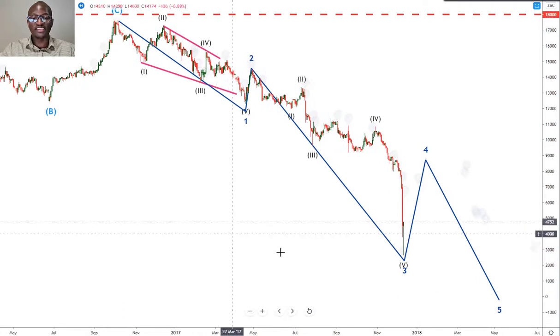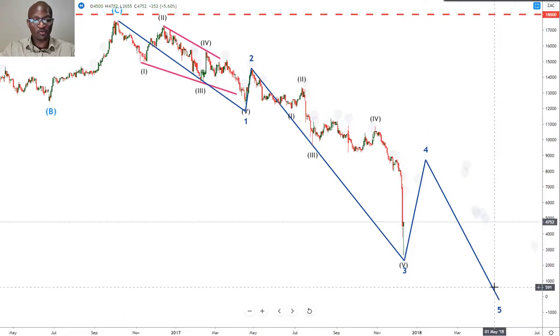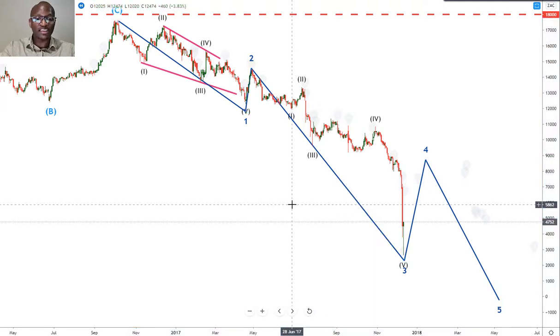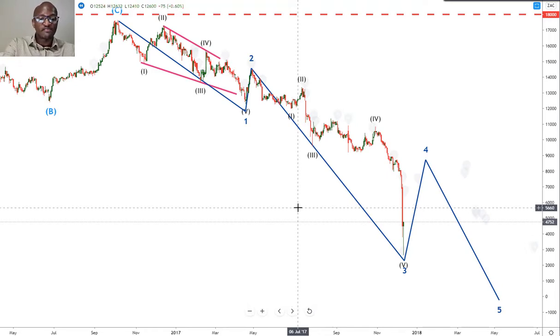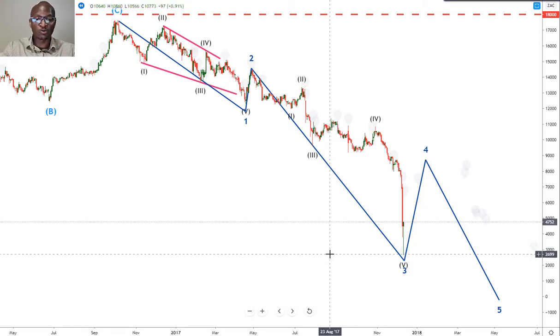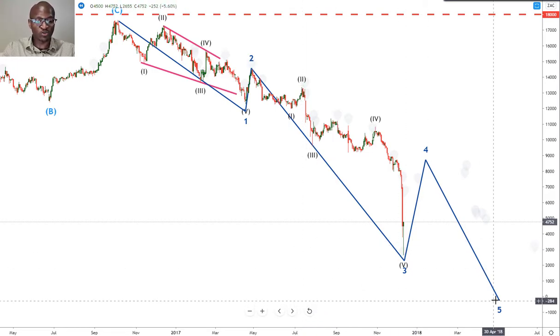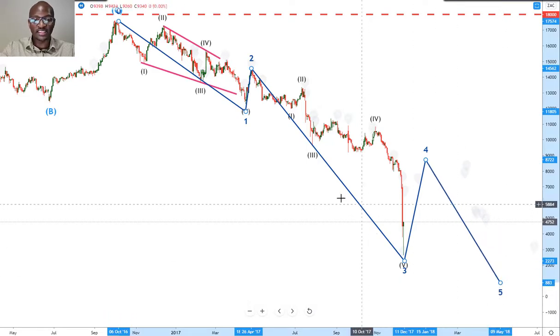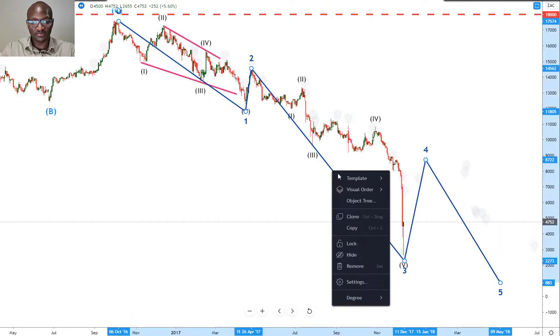We have now completed 3 of the 5 waves. So the bear market certainly isn't complete. So from a technical perspective, even if the market were to recover, as Ellioticians, we would know that any recovery from here on is what we call a bear market rally, and we wouldn't be too excited about it, as we know that wave 5 still needs to happen before we can say that the bear market is complete.